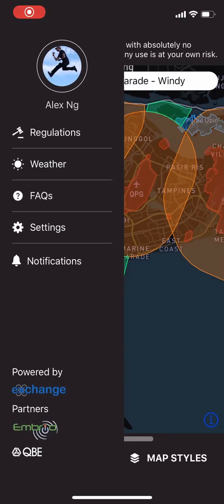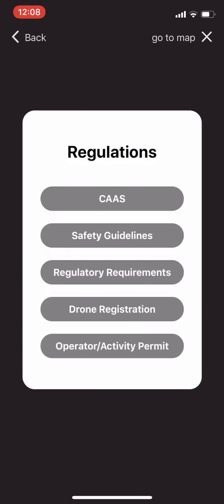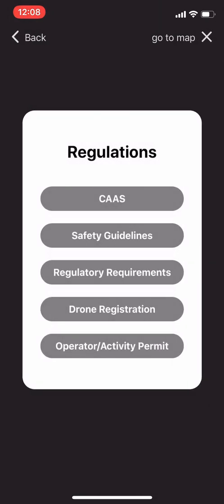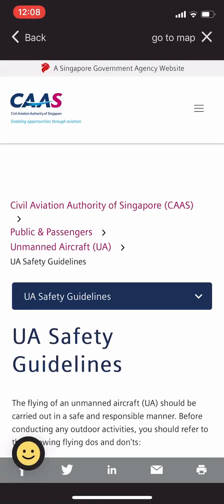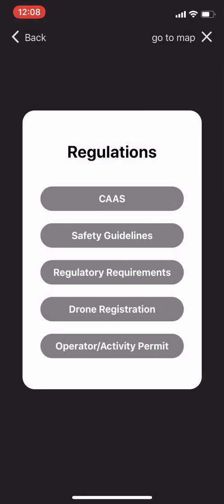Along the side menu bar, you can see regulations, weather, FAQ, settings, and notifications. Tap on regulations and it will provide you a quick access to the following: the CAS homepage, safety guidelines, a direct access to CAS website containing the safety guidelines on drone activities, regulatory requirements, a direct access to CAS website containing the regulatory requirements relating to drone activities,